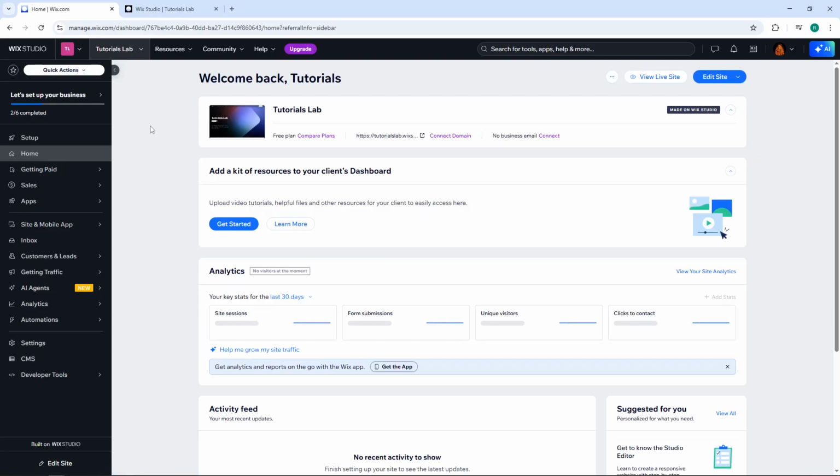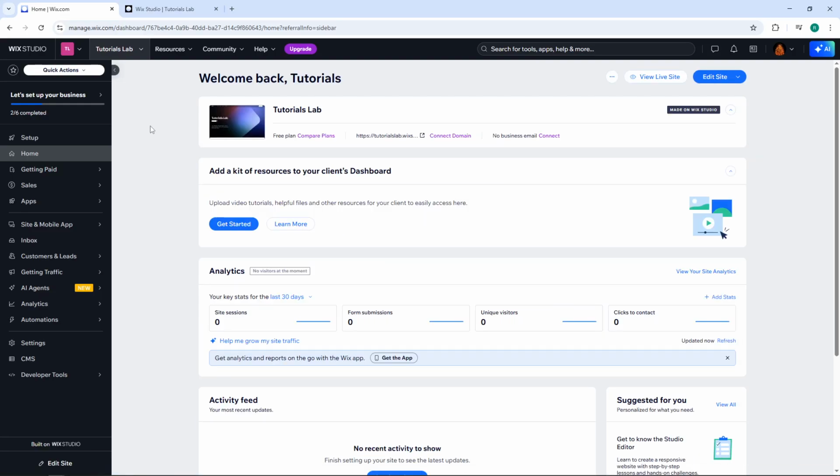Welcome back, everybody. Today, I'm going to teach you how to hand over a site to clients with Wix Studio. This is an essential process when you finish building a website for a client and need to transfer full control